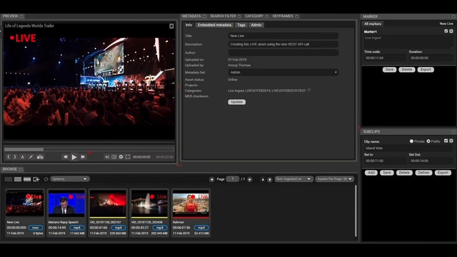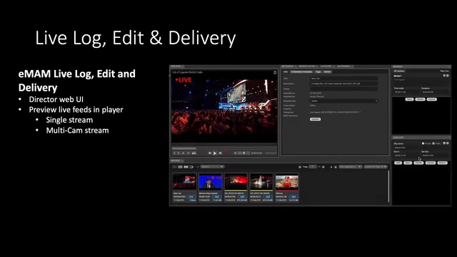So this is kind of what you look at within the eMAM system. Anything that has live, it's a little blurry on this shot here, but the idea really is that you can then detect which of these assets are actually live. And then from that, you use the markers or subclips on the right-hand side there to go ahead and watch it, scrub it. You have a JKL full control here to go back and forth or fast forward to a spot, and then create a subclip, highlights and things like that for sporting events or concerts and so on, or even corporate events as well. So this is kind of the simple interface that you would have for that.